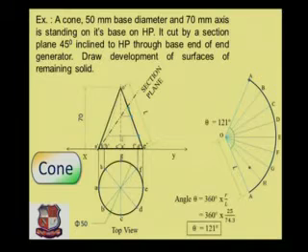After projecting over here, measure this distance from this point to apex point O dash. This distance should be measured, O dash to this point. Put that arc over here, O to this point on H. Mark this point, right? Point A is over here. Put it over here, right?